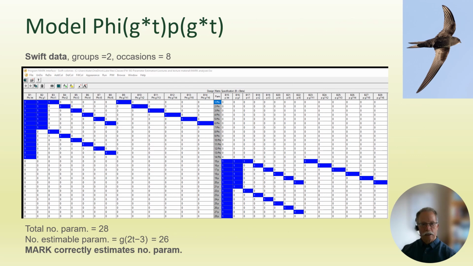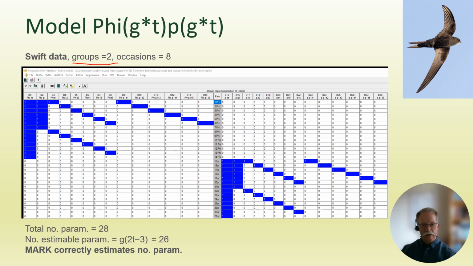So here I'll use the Swift data now, because there are some issues with Mark and how it counts parameters. If we start with the most general model, remember the Swift data, there are 2 groups. These were the good colony and the poor colony, and 8 occasions, okay? So when we set up our PIM chart, we have